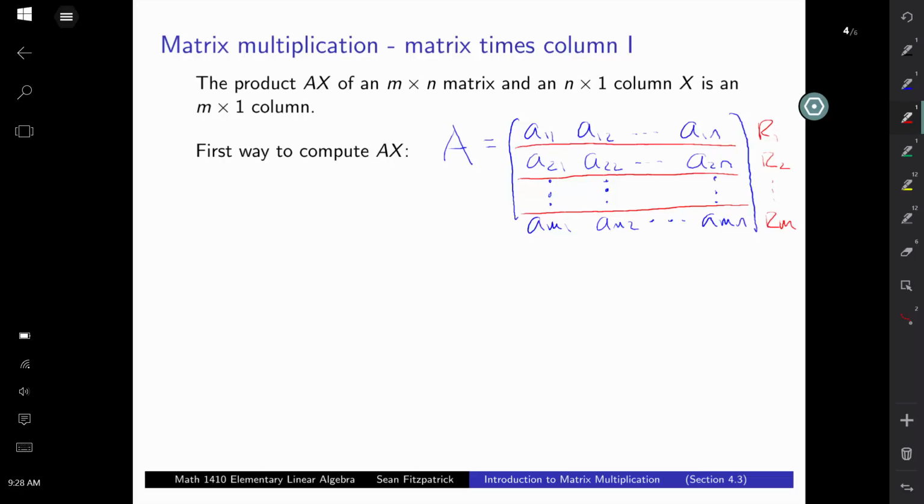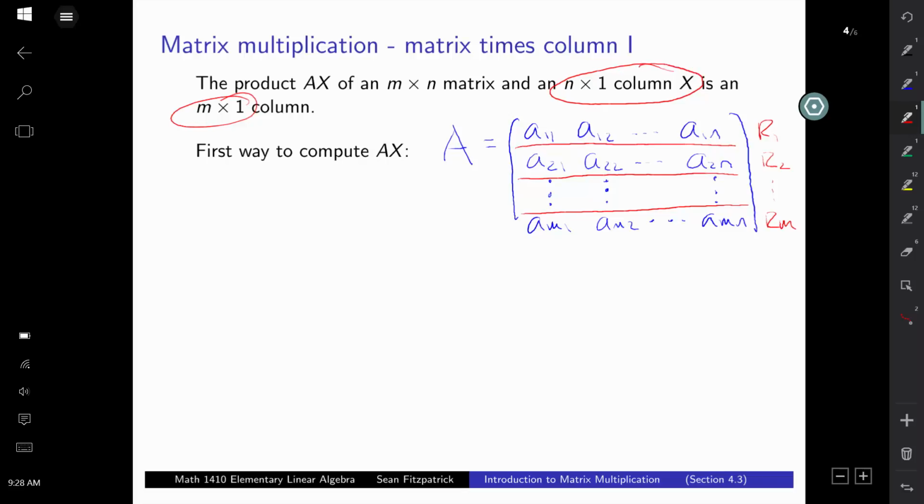Okay, and what's important here is not the number of rows. The only thing that the number of rows is going to affect is basically the size of the output, right? So m is going to be the number of entries in the final product. When I do A times X, I'm going to get an m by 1 matrix. So the number of rows is going to determine the size of A times X. But as far as whether I can even carry out the product in the first place, what matters is that if each row of A has n entries, A11, A12 down to A1n, right, there are n columns, then X